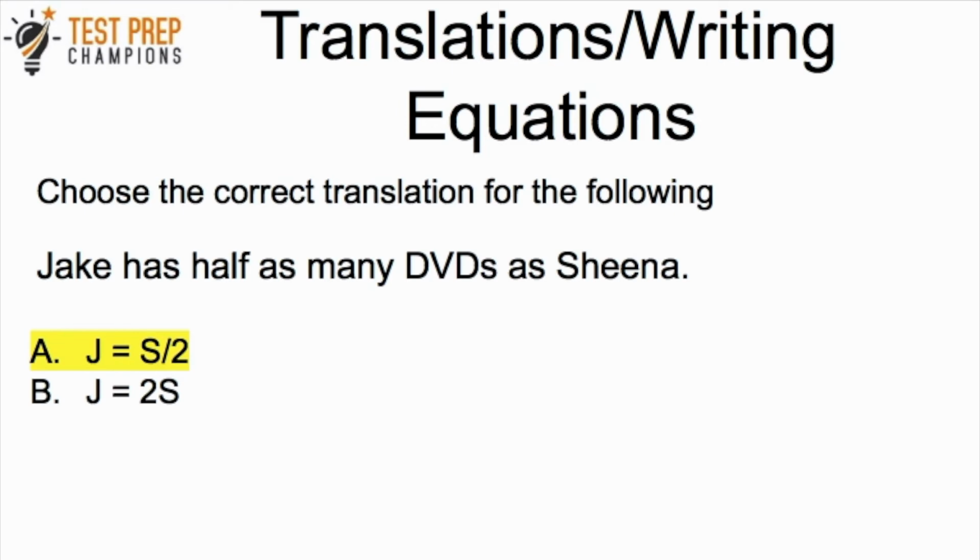Okay, so the correct answer here is A. All right, so Jake has half as many as Sheena. And so the word half, that's the same as dividing by 2. Multiplying a number by half or dividing by 2, those are 2 ways of saying the same thing. But basically, the amount that Jake has is equal to what Sheena has divided by 2, or half of